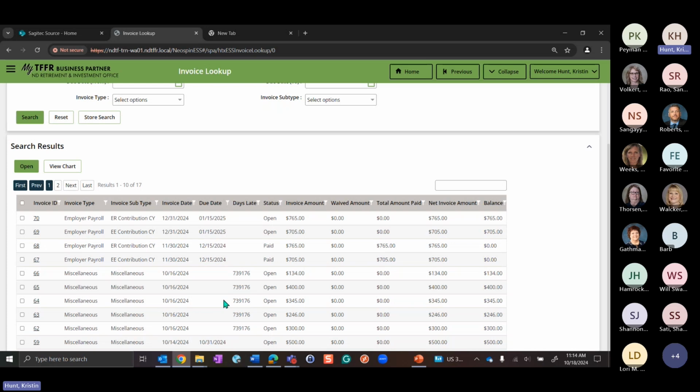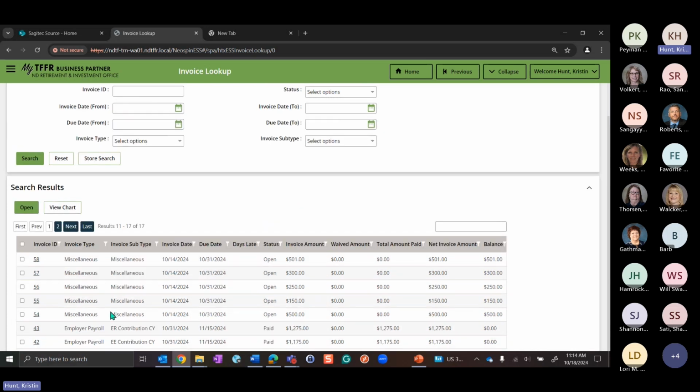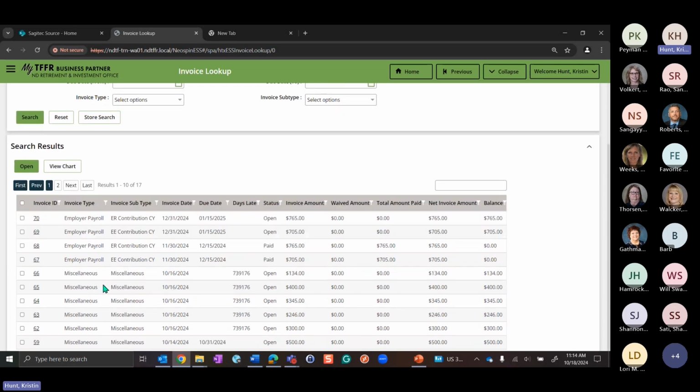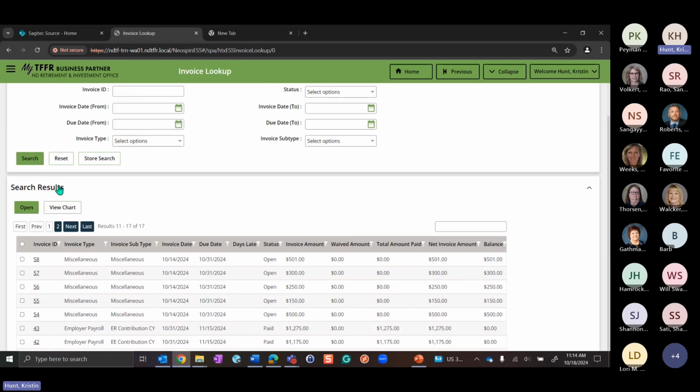Let's see. I have one set up for myself to work on, and it is this one. The other ones are set up for you guys. So I want to select this miscellaneous invoice, but also just to go back, if you wanted to pay that employer payroll, you would click here. Basically, it's going to look the same as what I'm showing you.